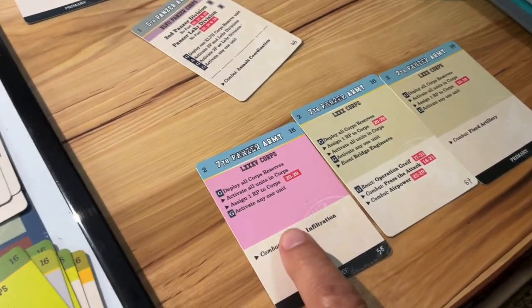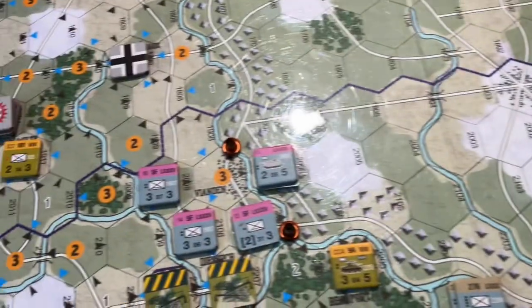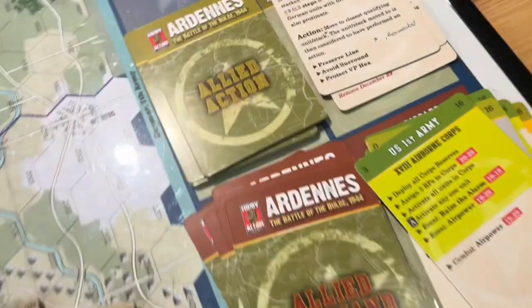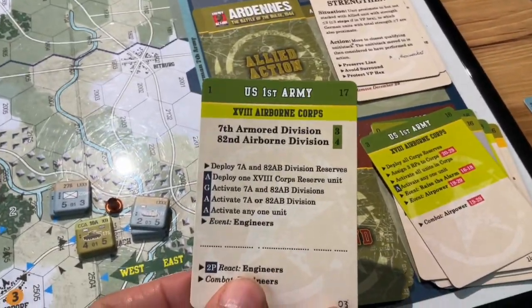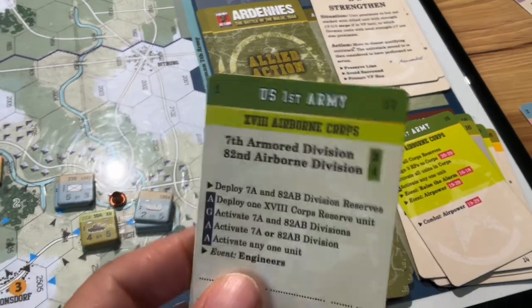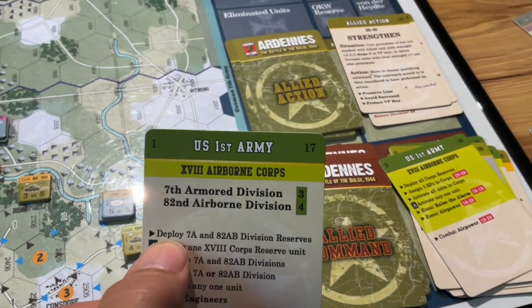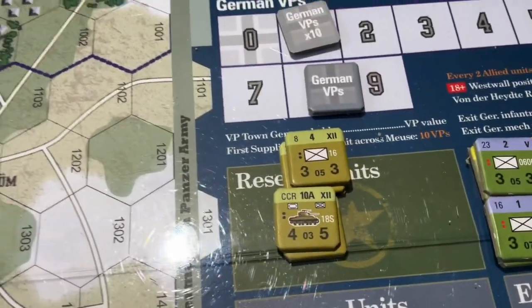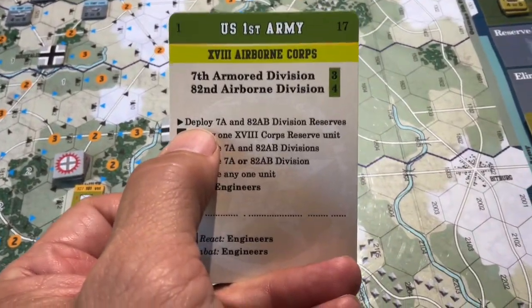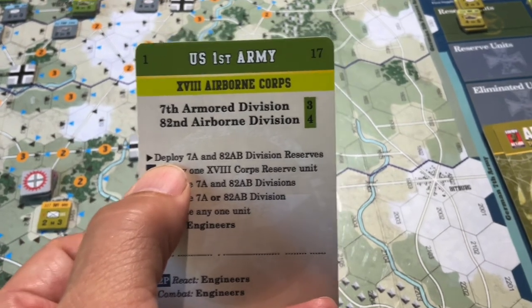So that will at least let me activate those pieces. We'll see what comes of those roadblocks. We switch to the Allied impulse. We've got the first, we check for a special. There are no special. There is a deploy, 7th Armored and 82nd. We do not have any pieces in the reserve box. We do need to check if there's any out of contact pieces